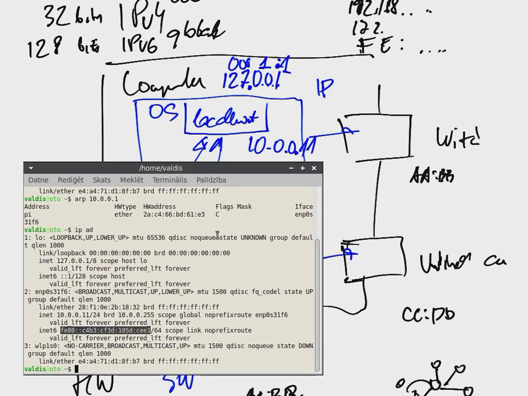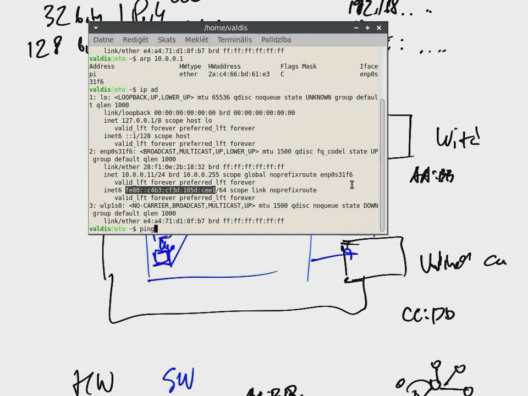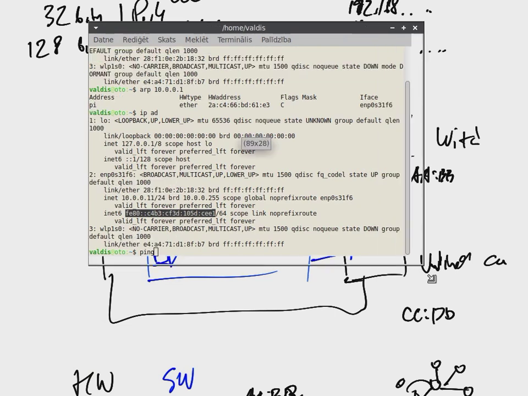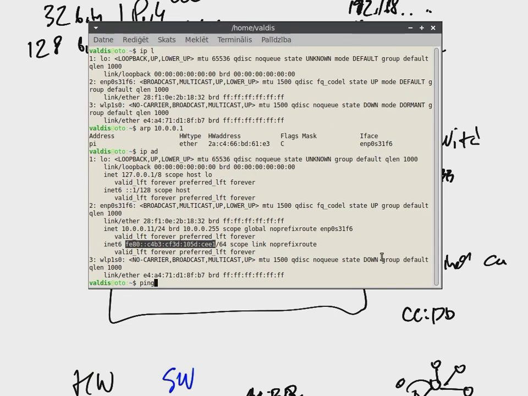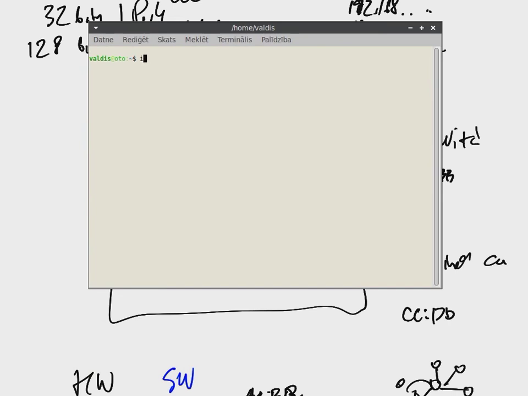You have already, I think, seen the command ping, which sends requests to respond, and if the device is nice and responds, it sends it back. For example, ping localhost.